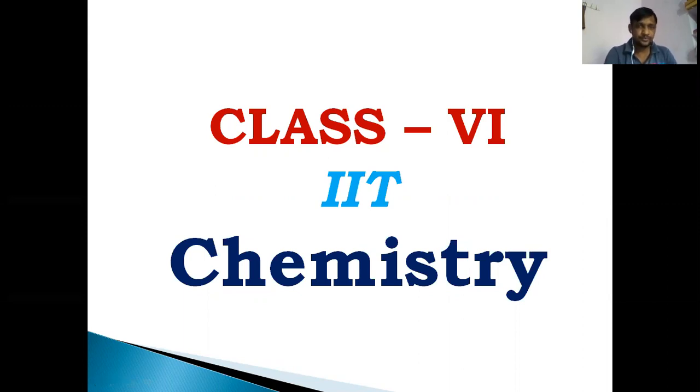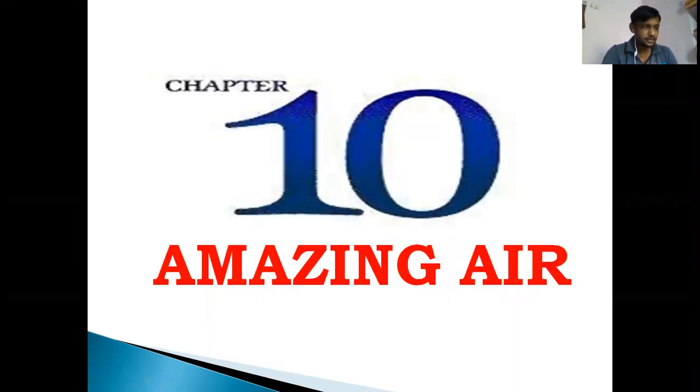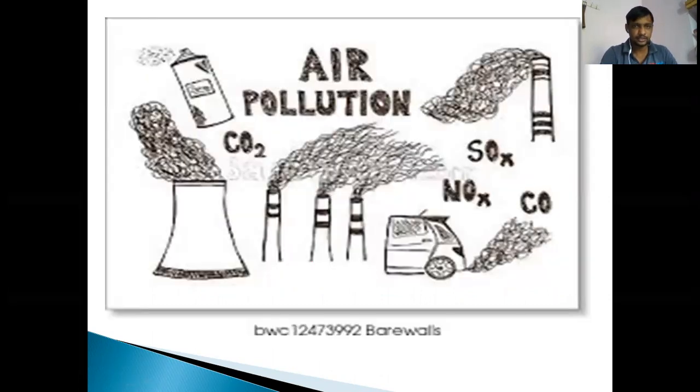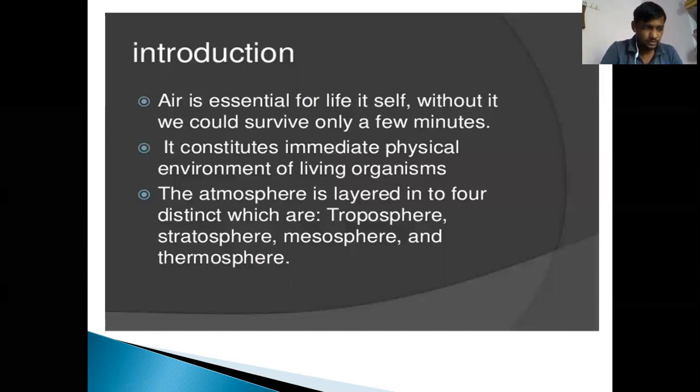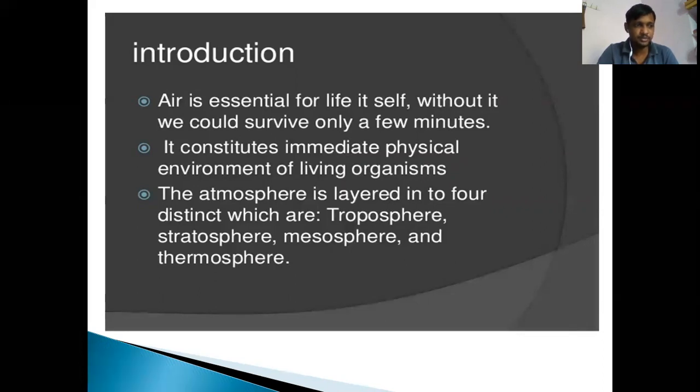So today we will discuss the topic air pollution. In the previous class, we discussed global warming, greenhouse gases, and the greenhouse effect. So in air pollution, first, the definition: what is air pollution? The addition of harmful substances to the air, or imbalance of the essential natural composition of air due to natural phenomena or natural activities, is called air pollution.